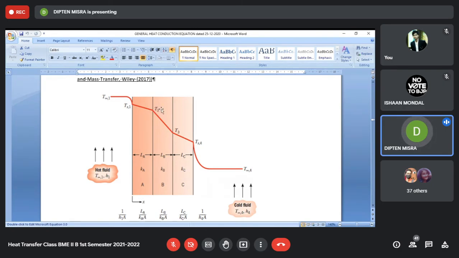Then what is done is that you may use some kind of an insulating layer somewhat inside, where the temperature has dropped somewhat, so that it comes to a range that can be withstood by the material making the wall insulating. So it may be a material which can withstand high temperature for the refractory lining. Then there may be a layer of material that offers the maximum amount of resistance by using a material that has a very poor thermal conductivity.